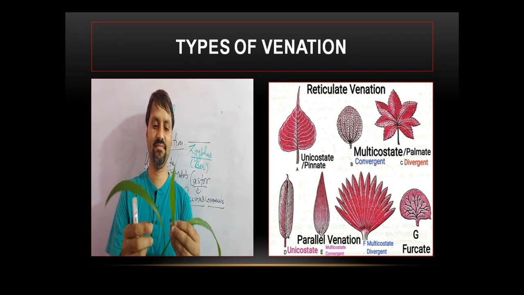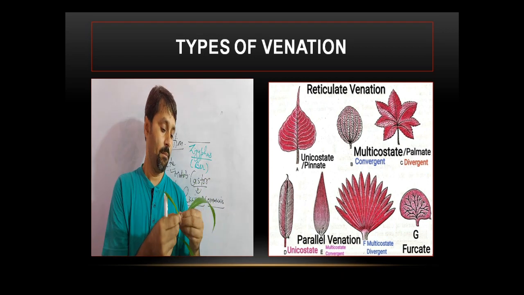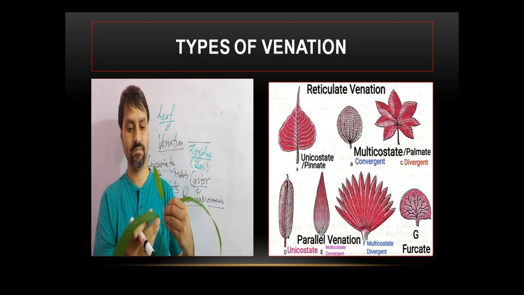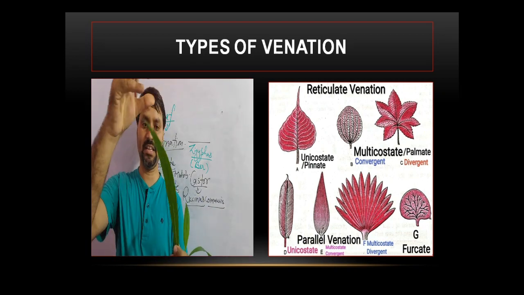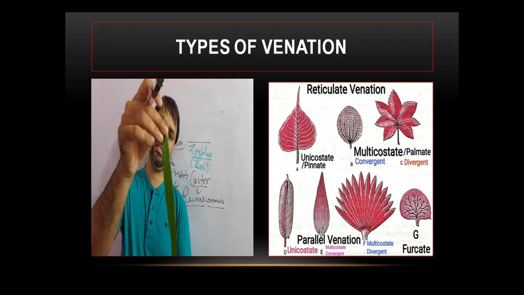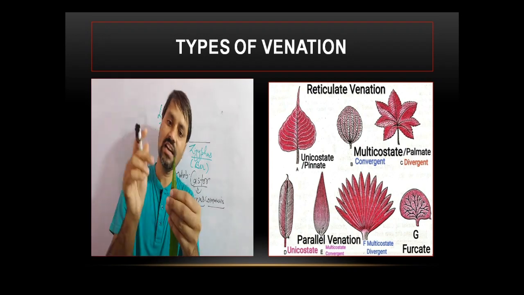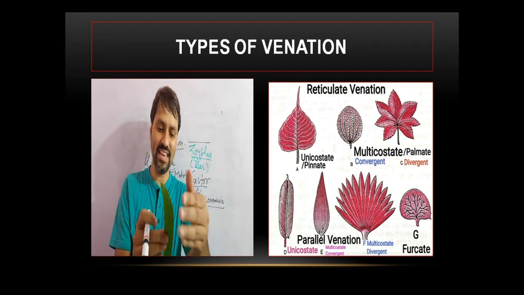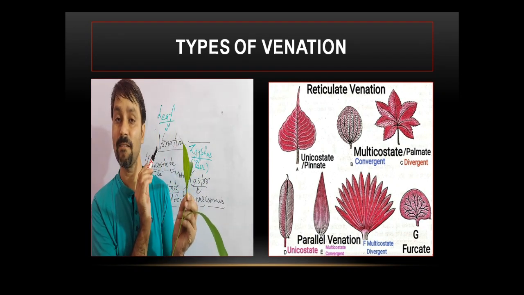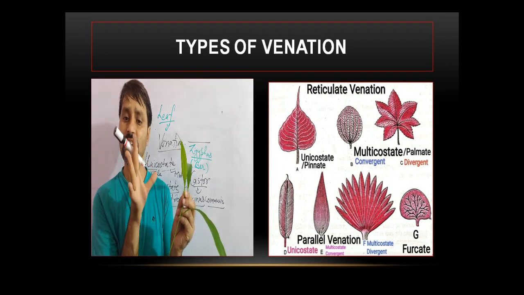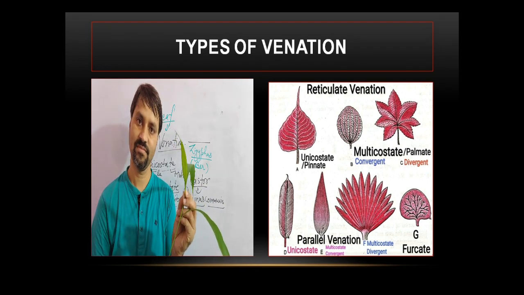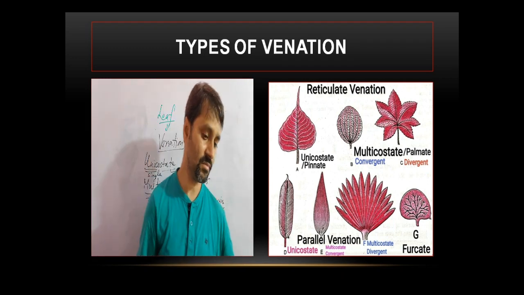In grasses, जो देखा है बेटा उसी को repeat करूंगा. See here, this is the leaf. Many midribs are moving from each other, क्योंकि वो बराबर thickness की हैं, इसलिए मैं इनको बोल रहा हूं. They are moving parallelly to each other, and converging at the top. देखिए आप इसमें, converging at the top. So it is parallel, multicostate or palmate, convergent type of the what? Venation.